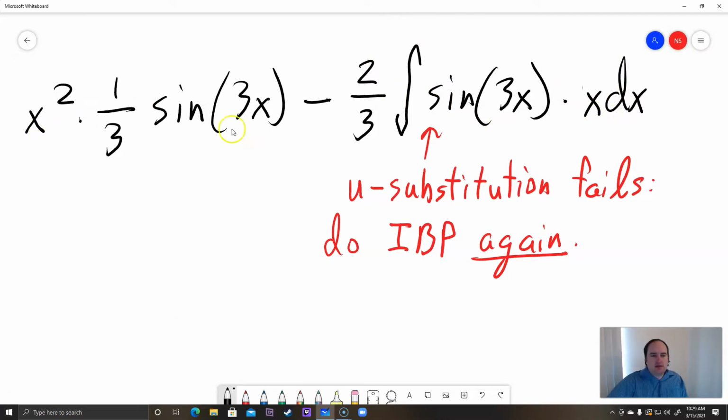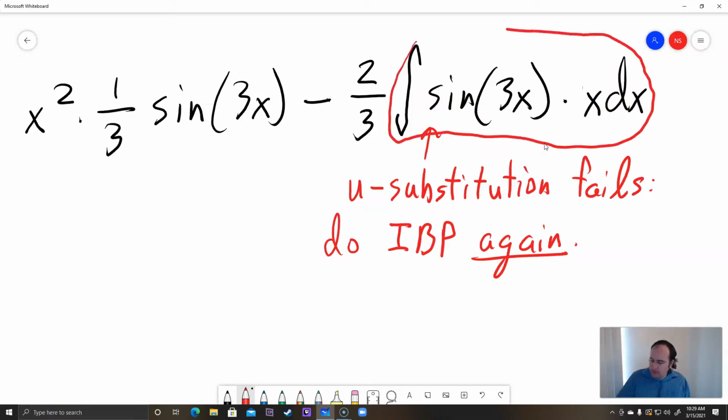But don't forget, we still have all of this out front. But we're going to just be focusing on this one right here. So let me circle it in red. This is the one that we're going to be focusing on, and then we'll end up plugging that in at the end. So for the one I circled in red,